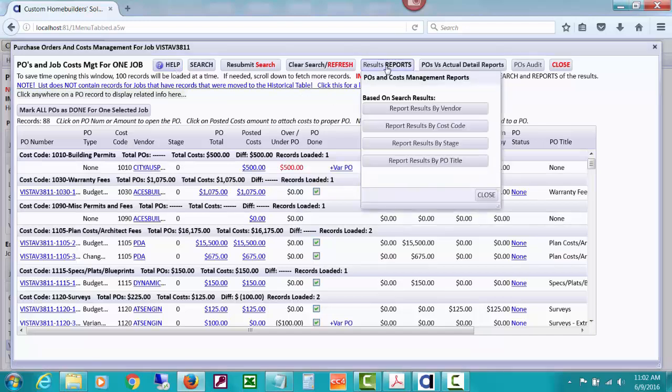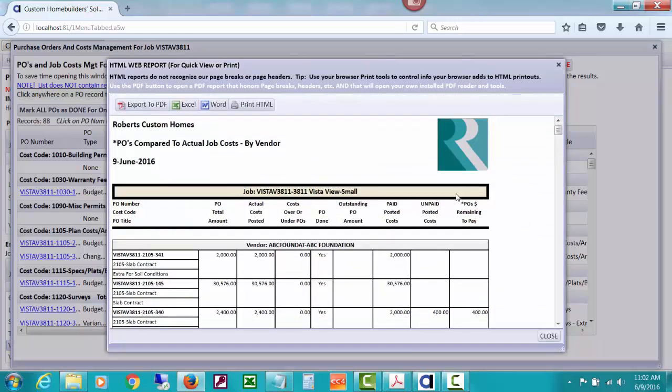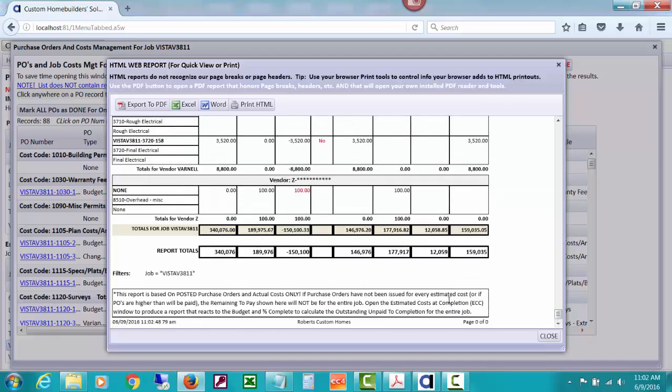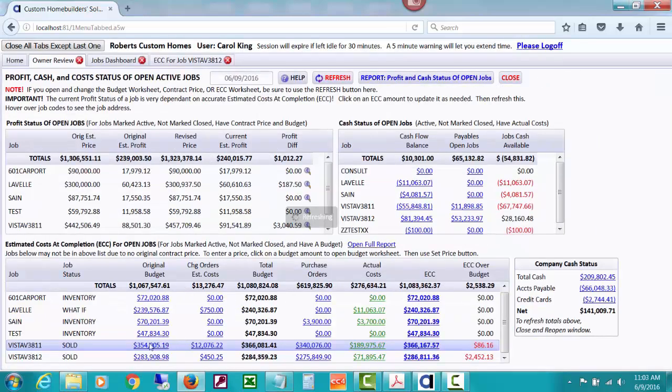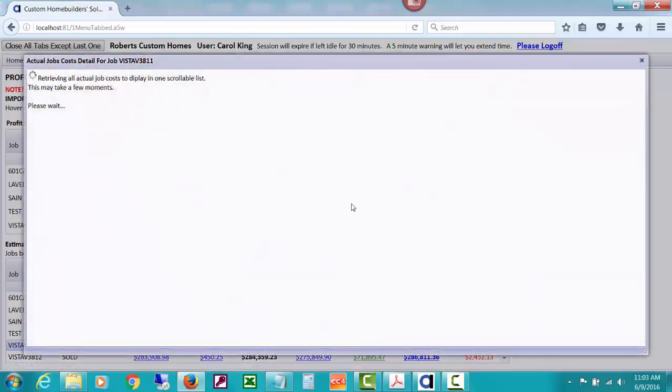If I do a results report, you can also just search for certain vendors, certain cost codes, things like that. But right now this is showing everything. But if I do a results report by vendor, it's just showing everything for the vendor, their POs, their actual posted costs. And the total of the POs at the bottom, 340,076, is the number that you're seeing here for total POs right here. And you can drill down on the actual costs that have been posted, actual job costs,